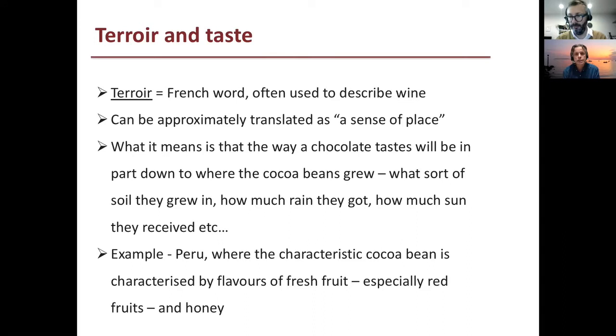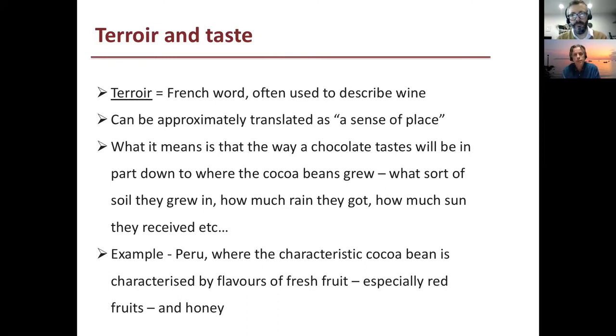And an interesting example is in the Dominican Republic, we were buying cocoa from 2 plots which were absolutely identical in all respects, except one was at sea level and one was at altitude. And you could taste the difference in the chocolate that it produced. So terroir is very important in determining what sort of chocolate you're going to end up with.